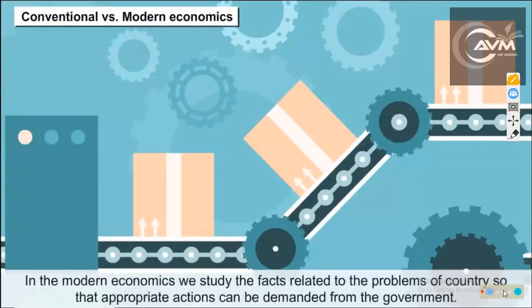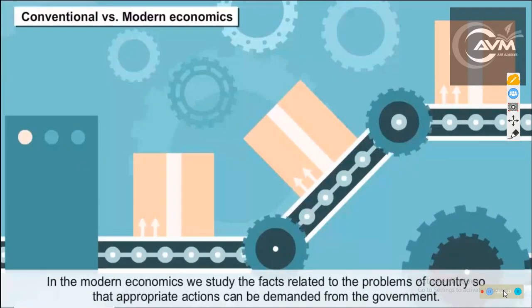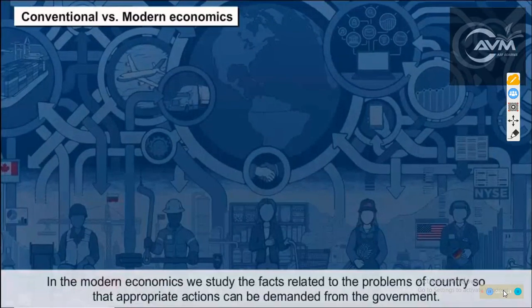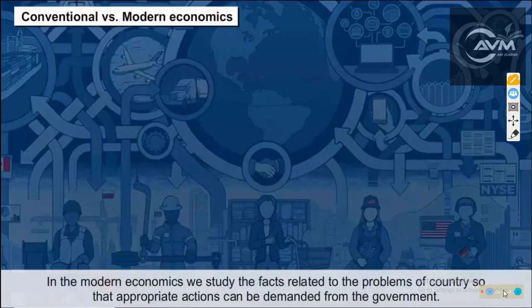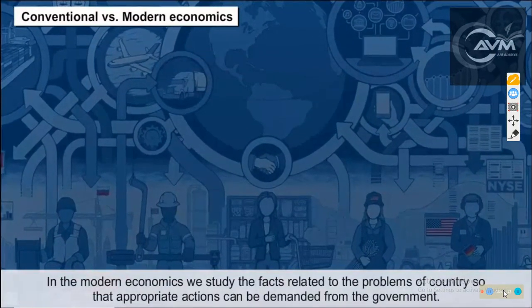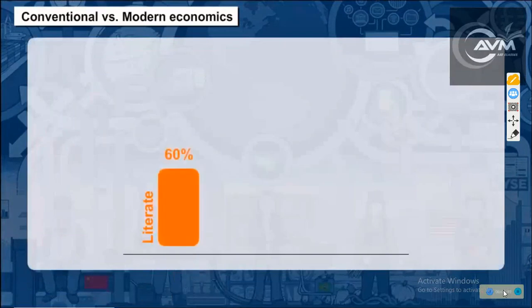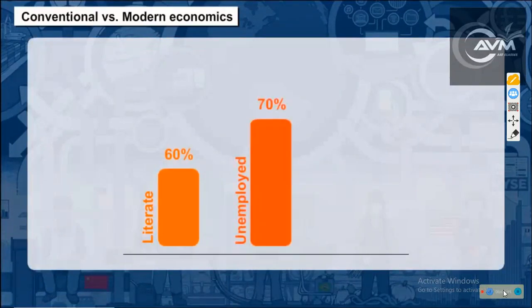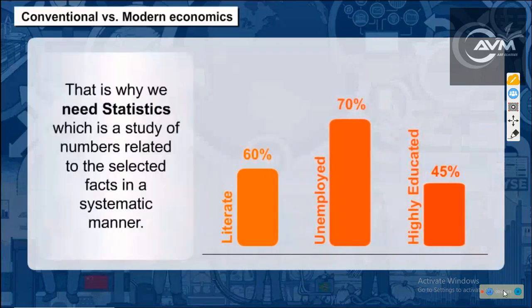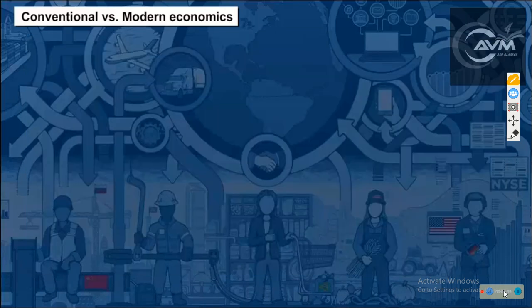In modern economics, we study the facts related to the problems of the country so that appropriate actions can be demanded from the government, like how many people are literate, how many are unemployed, how many are highly educated. That is why we need statistics, which is a study of numbers related to the selected facts in a systematic manner. So we can say that